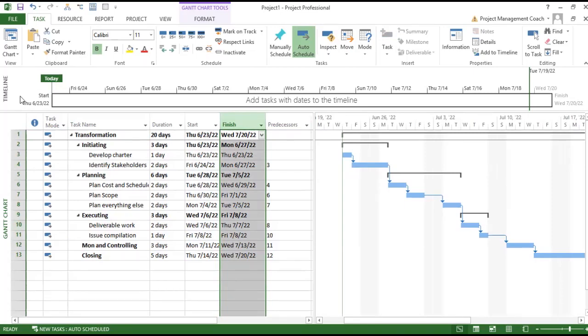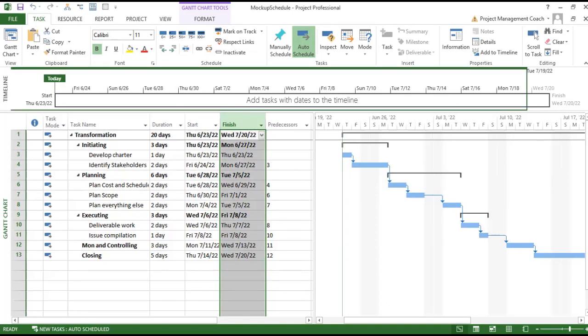I'm going to save it somewhere on my desktop. And I'll just say mockup schedule, mockup schedule. So I have mockup schedule on my desktop. Okay, there we go. And what I'm going to do next, like I promised, is show you